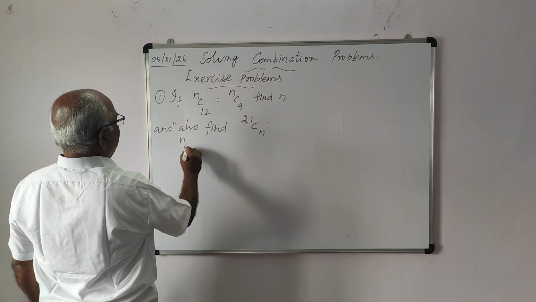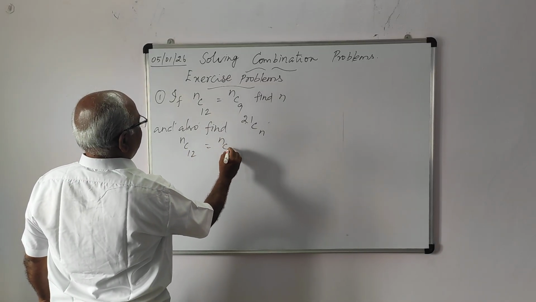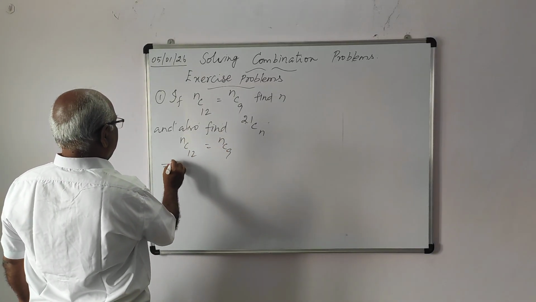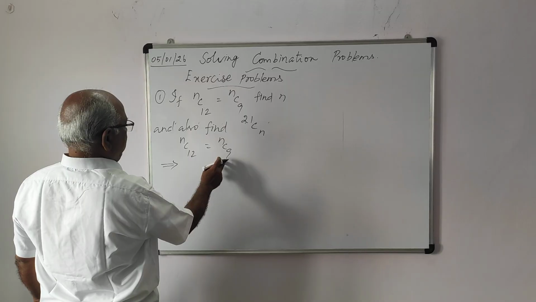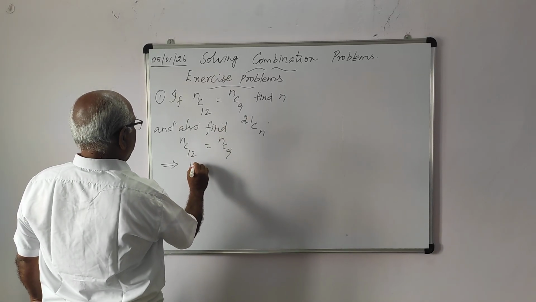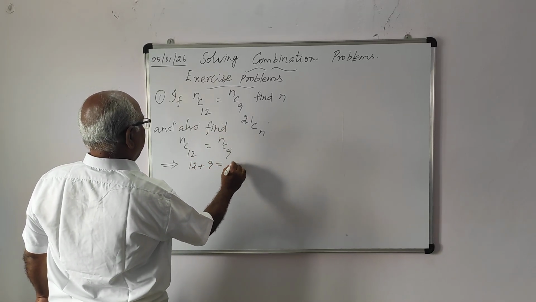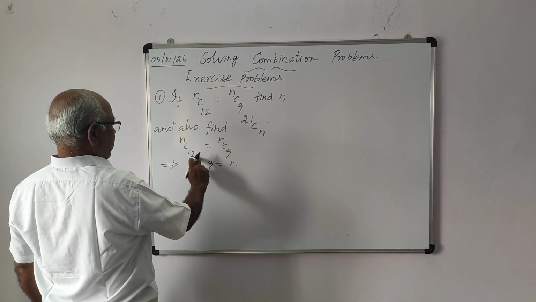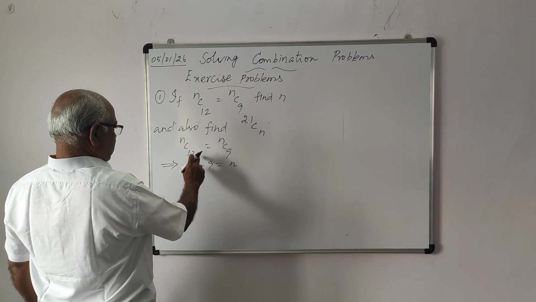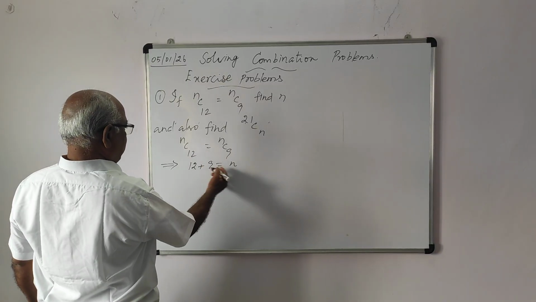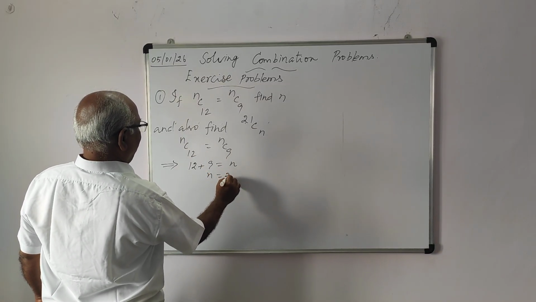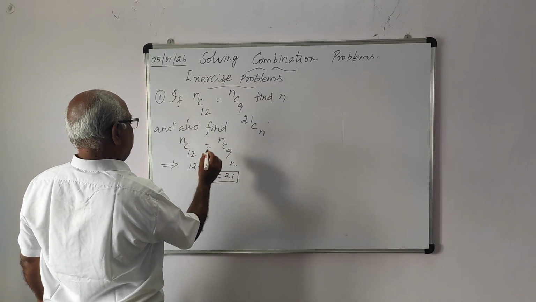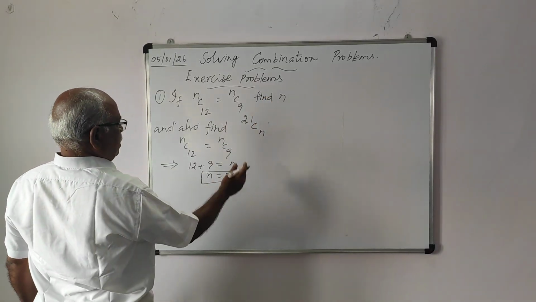You know, nC12 equal to nC9. nCx equal to nCy implies x plus y equal to n. That is property 3. nCx equal to nCy, x plus y equal to n. 12 plus 9 equal to n. n is 21. First answer done. n is 21. And also,